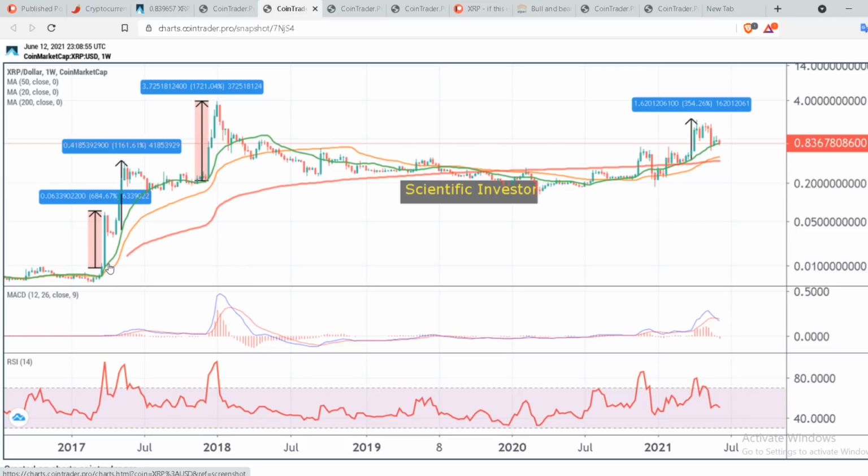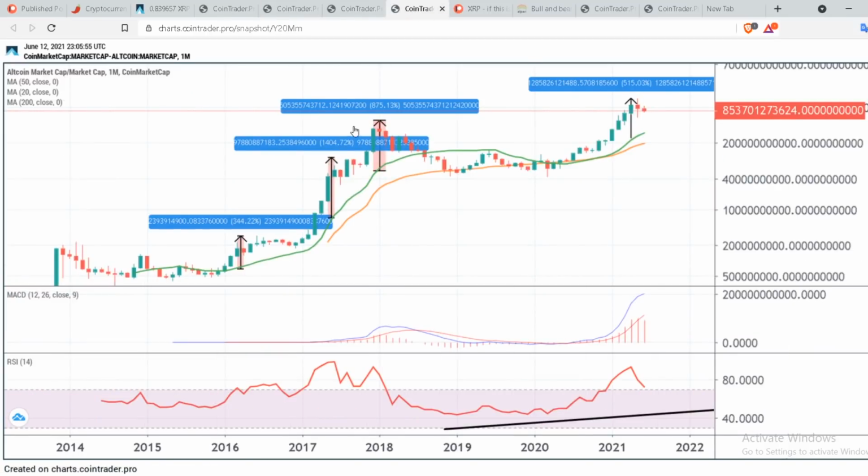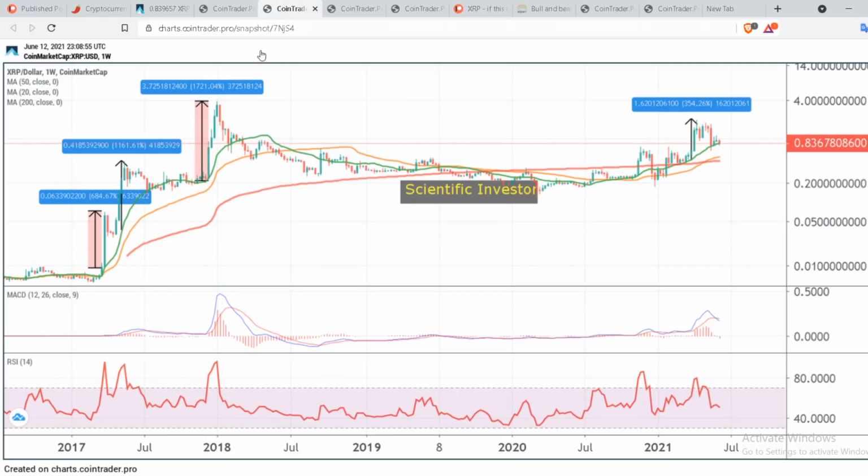Now here it was increasing on a scale like this, and it got even more pump here in the third wave, whereas in the altcoin market cap it was decreasing there. But XRP still had that momentum, which is really important. Now look at this particular area with the price and the moving average fluctuation and compare it with the current